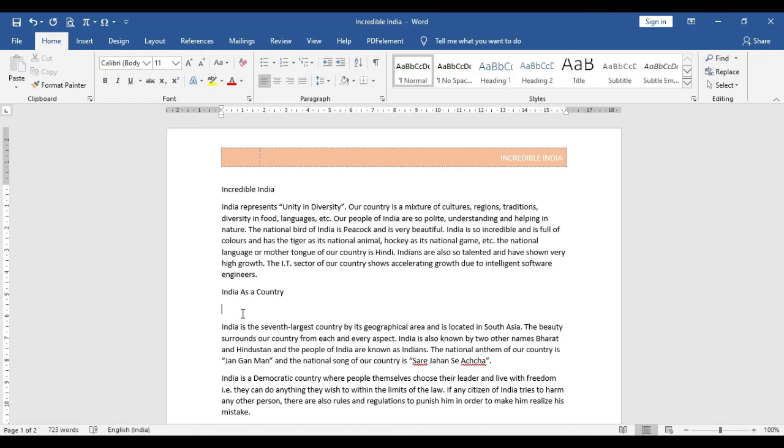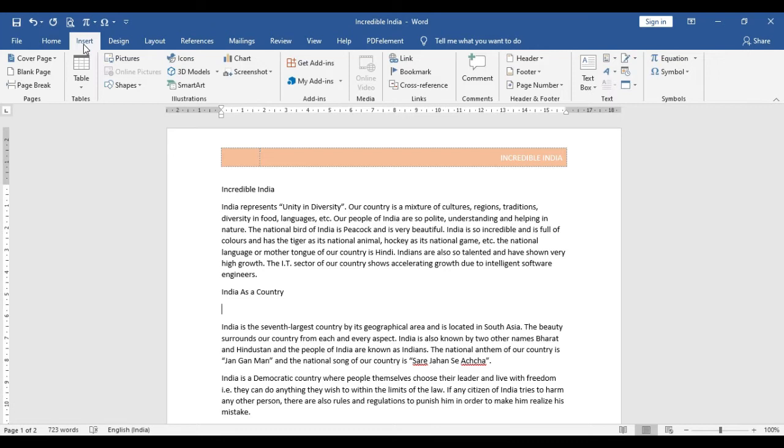Then go to the Insert tab. You can see the Insert tab here. Go to the Insert tab, and from the ribbon you can see the Tables option. Here click on the Table option drop down menu to add a table.